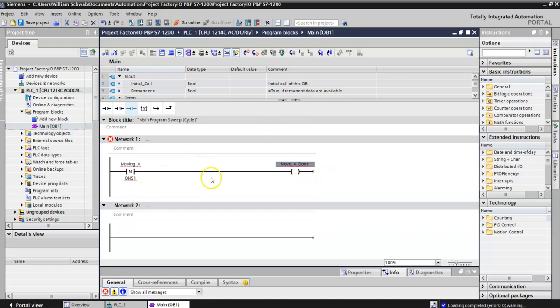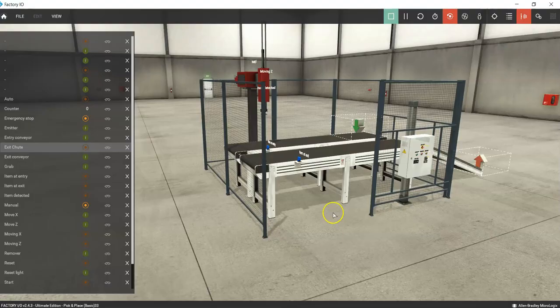So now I've got my names. I've just put in names. You know, in Allen Bradley you put in the addresses and then you put in the names. This is the opposite. So if we look at our Factory I/O, moving X, and if we go into the driver section,